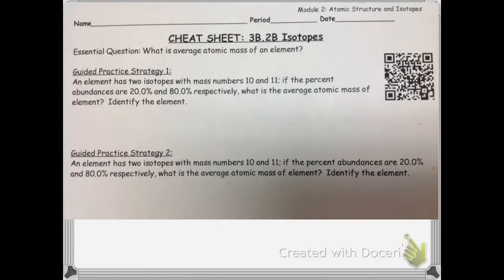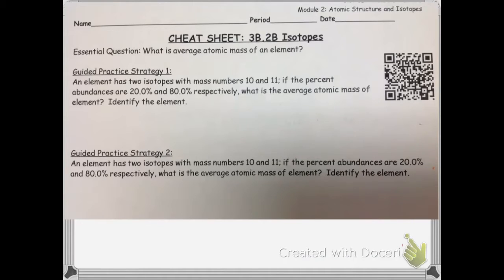Right, so now we should be on our practice problems for how to calculate average atomic mass. We should have already answered the question in our notes, what is the average atomic mass of an element? You can go back and reference a video about that. First we want to practice some good problem-solving skills and go through, and we're going to underline all the